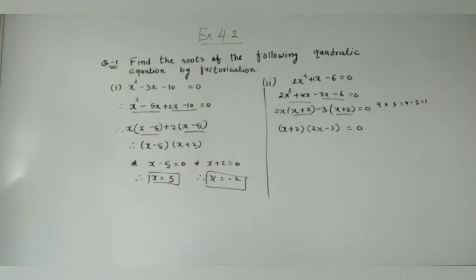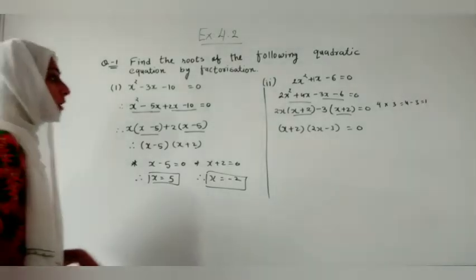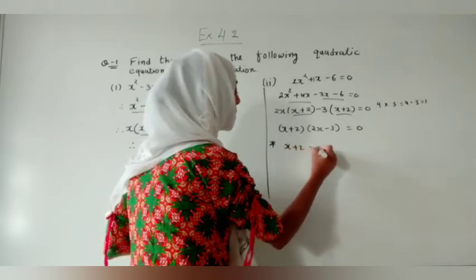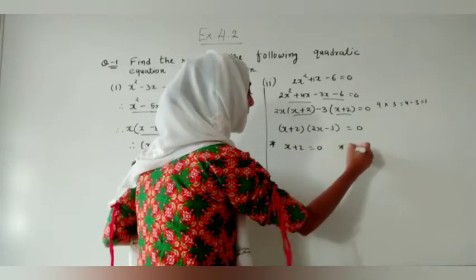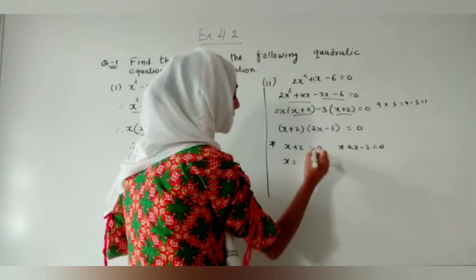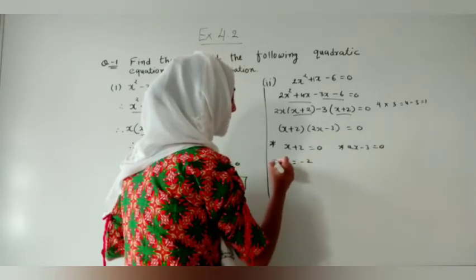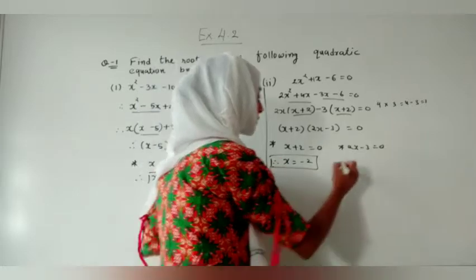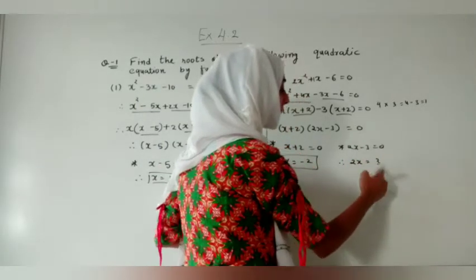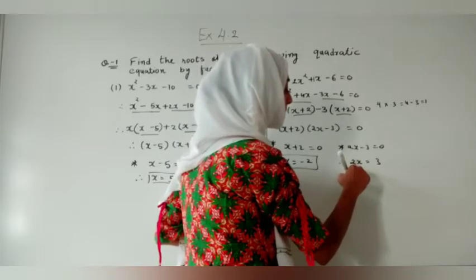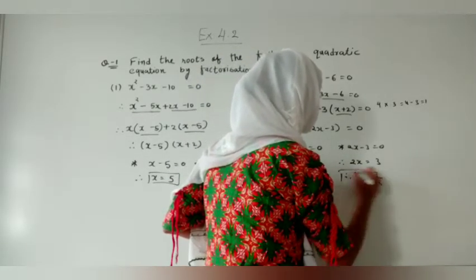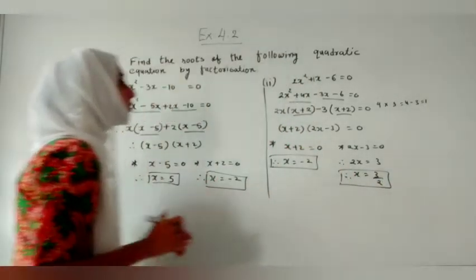Now these are the two factors that we have taken common. Now we have to compare each with 0, means x plus 2 equals 0 and 2x minus 3 equals 0. So x will become, the 2 will go there and become minus, so x is minus 2. And here again when we are comparing it, 3 will go there and become plus, and 2 is in multiplication, so it will go and be divided. It will become 3 by 2. So this is how we can solve this question.